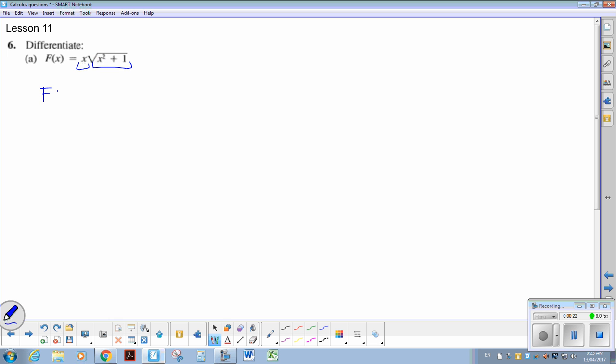So the first thing, I'm going to get rid of the radical. So x multiplied by x squared plus 1 to the exponent 1/2. Now I can take the derivative. So now I'm going to use product rule. Derivative of, and I'll break it again into first term, second term. Derivative of the first term is 1, and you don't touch the second term,